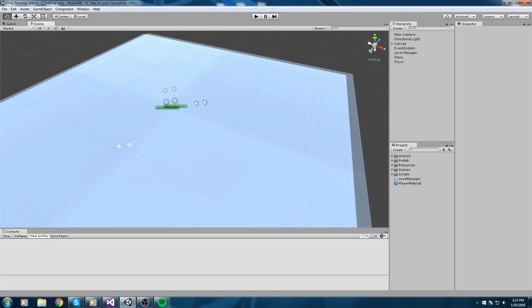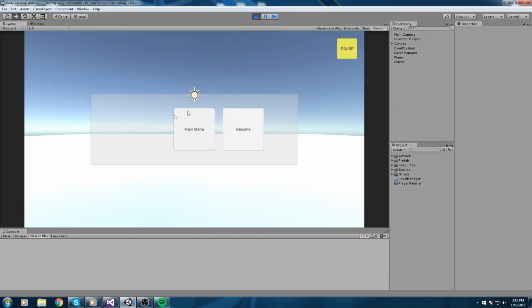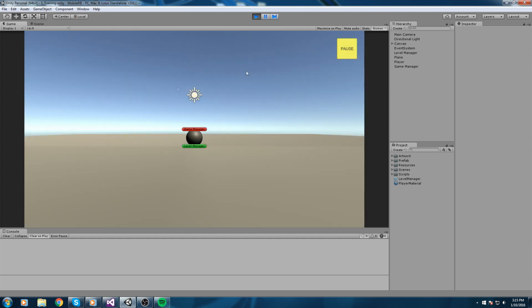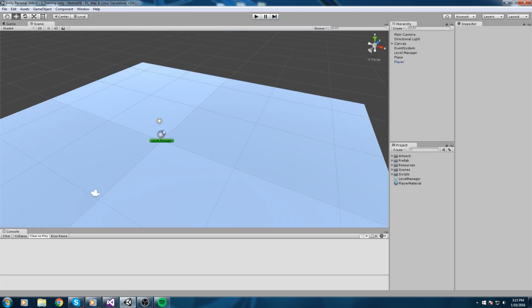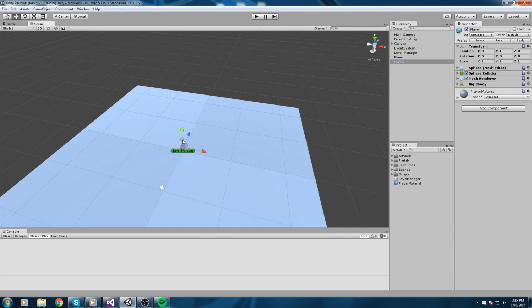We are back with a tutorial on the mobile game. So last episode we actually created this little pause menu here that we use to go back and forth to the main menu and back to our game. In this episode we're actually going to make our player move. So this little guy here is going to have a script that is going to make him move depending on